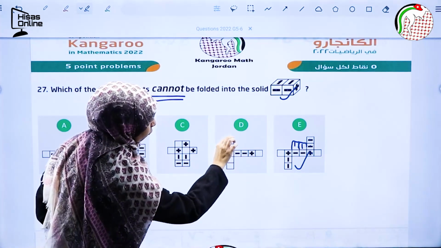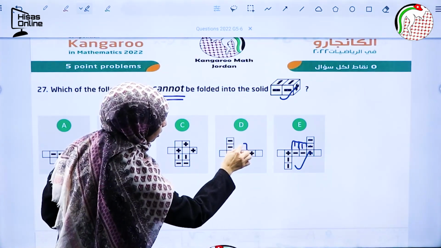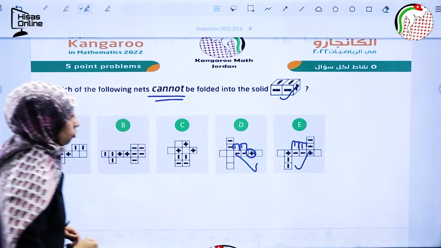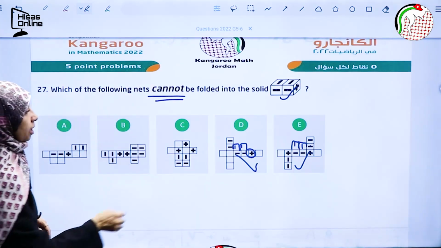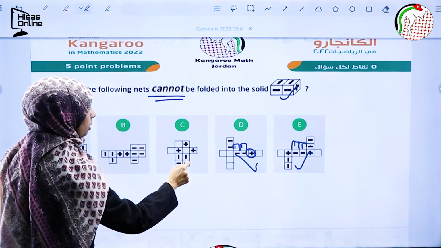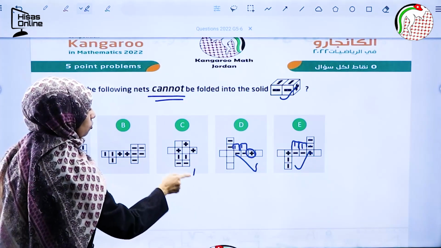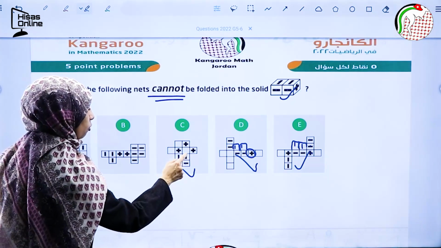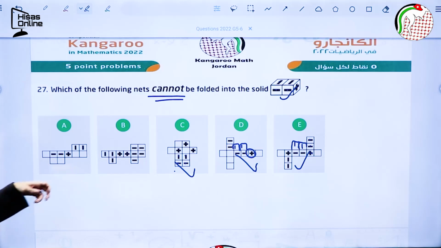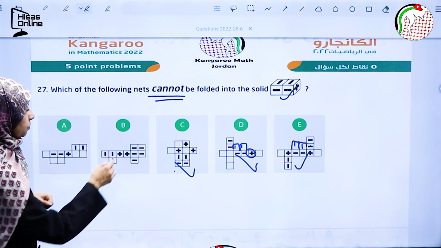Again, this one, if you fold it, those will be here again, and this one on the side. So correct. Again, those, when you fold this here, this will be here on the side, and this also, because we have horizontal and vertical sign. Let's see B. B here,